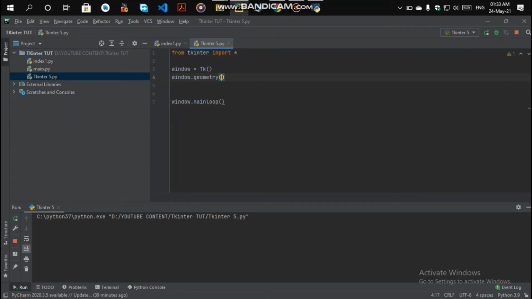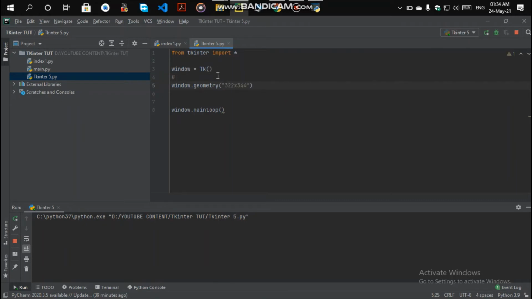Like I want a size of, first of all, the convention of writing, sorry, not Python, right? The convention of designing the geometry, the size of your window, is written with an x. Like I want 322 x 344, so you will write x here, not multiply. So this will be a string argument. Similarly we are going to use this: copy it, make a string and paste here.